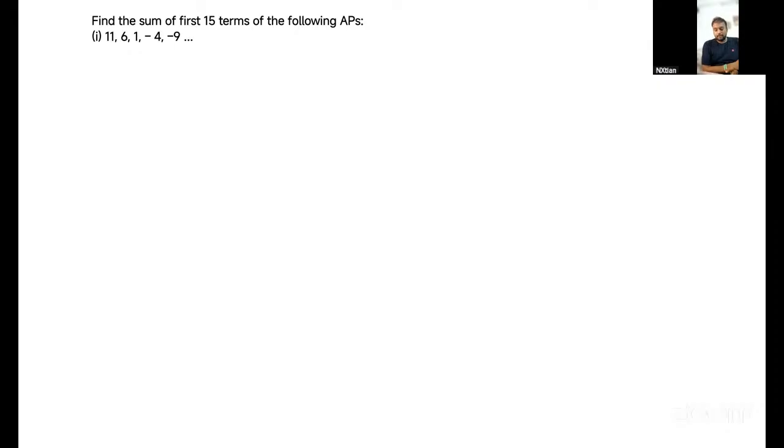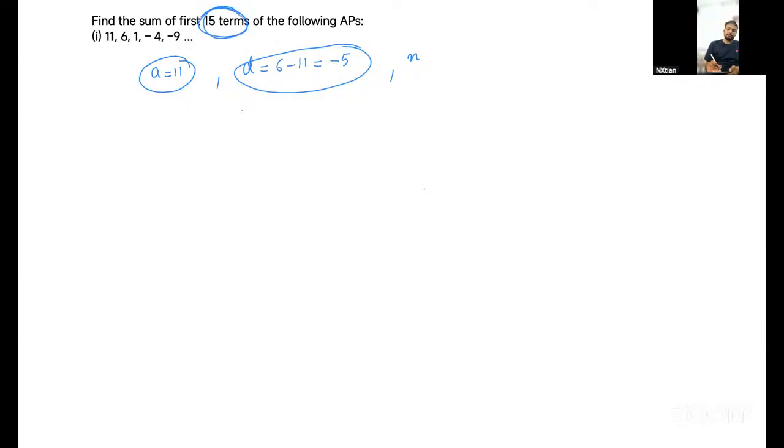Find the sum of the 15 terms of the following AP, and the AP is given. First of all, you have to write the value of A. So what is the value of A? The value of A is 11. And what is the value of D? D is basically 6 minus 11, which is minus 5. And what is the value of N? Because it's given as 15 terms, we have to write the value of N